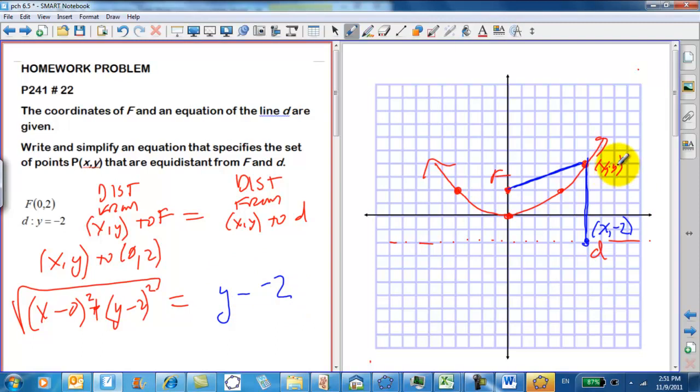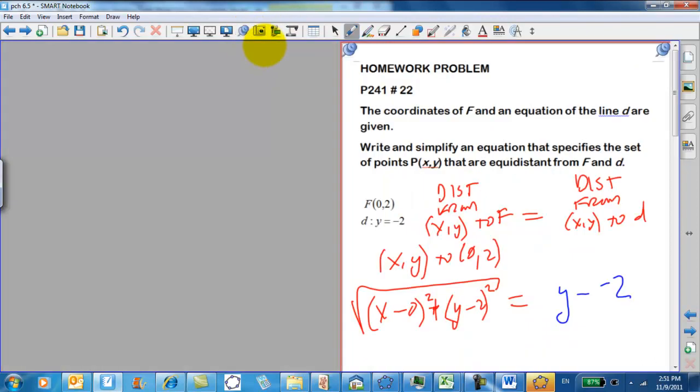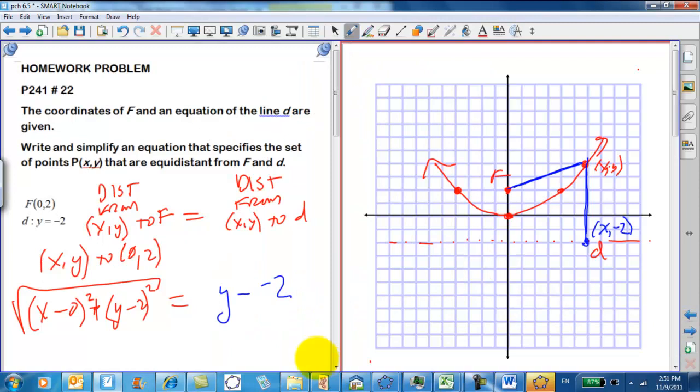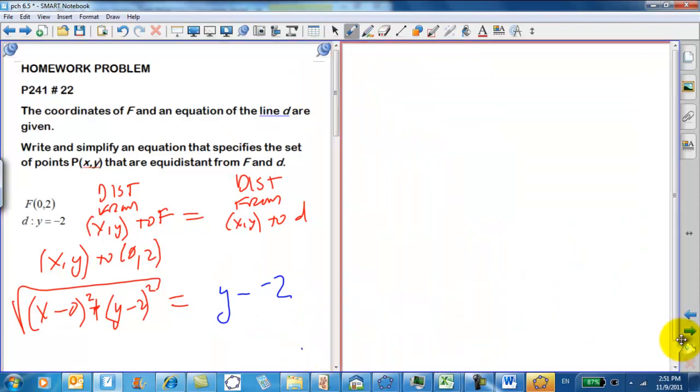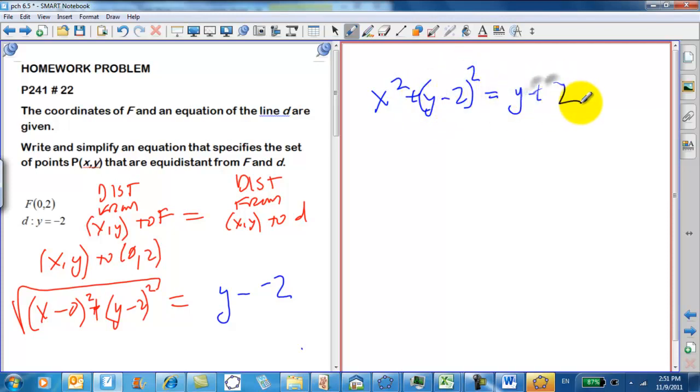Now before we get back to the formula, we can pin this down and open up some space and work on squaring this out. So when we square both sides, we'll get x squared plus y minus 2 squared equals y plus 2